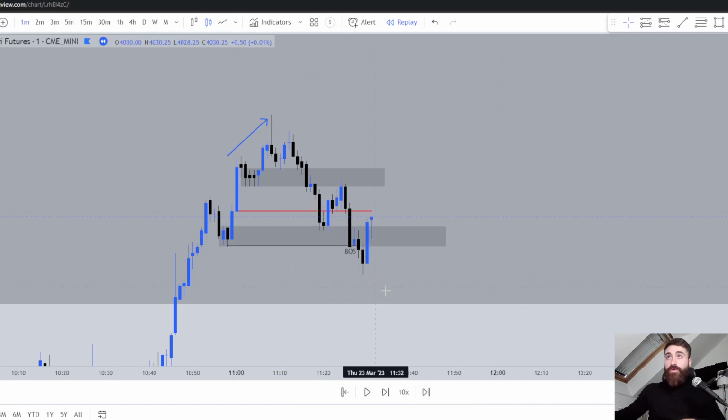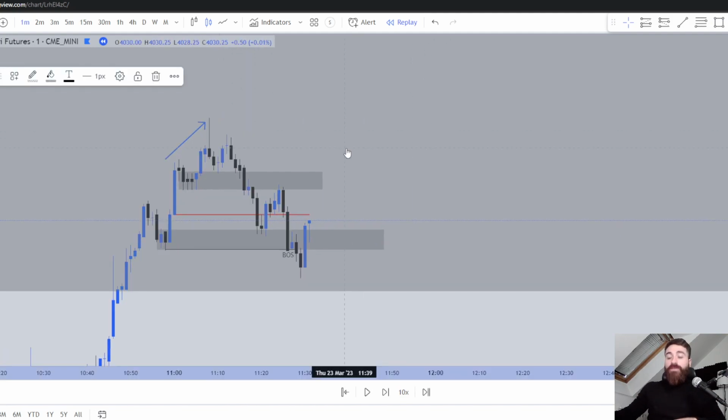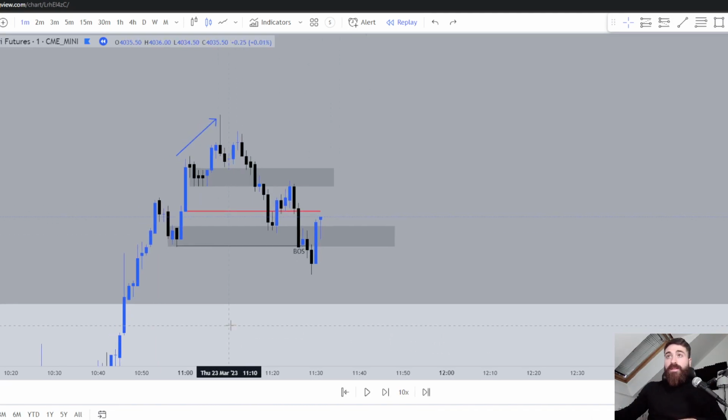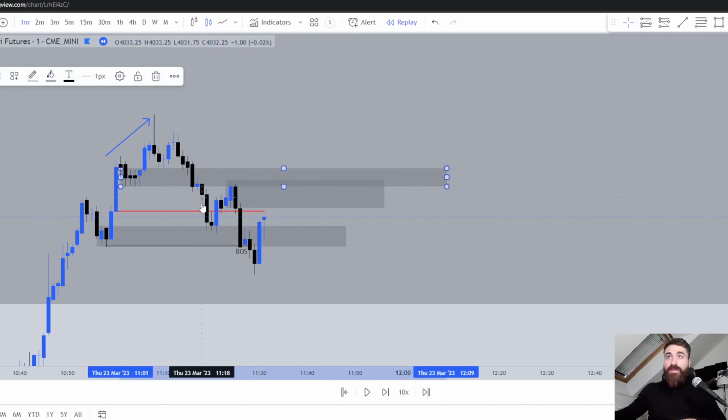Okay, we also broke the origin of the move. Now this is more signs that we are gonna go lower. So when this happens, where did the move happen? Where did the move happen that broke the structure? So we have this right here, okay, and we have this order block right here, which caused also the break